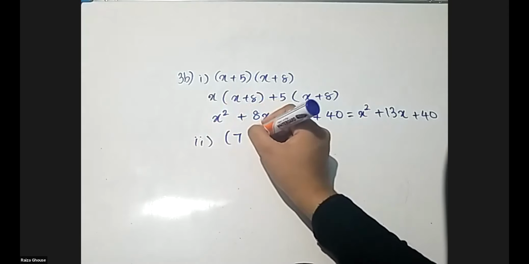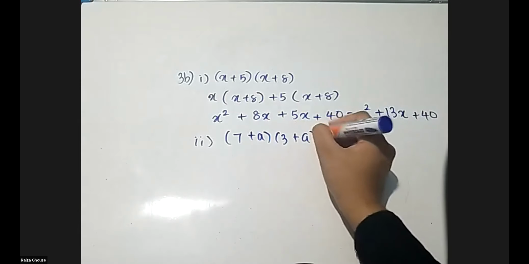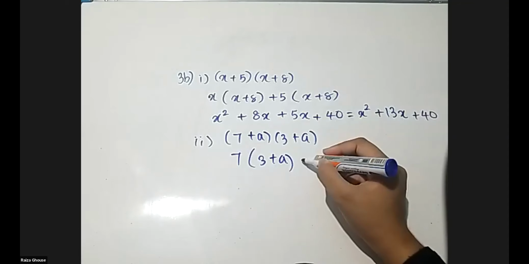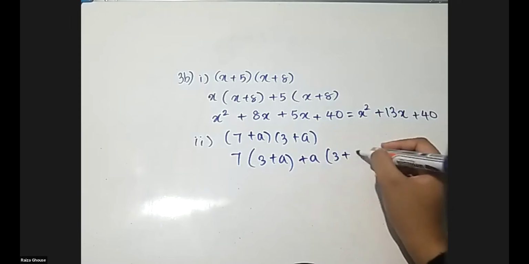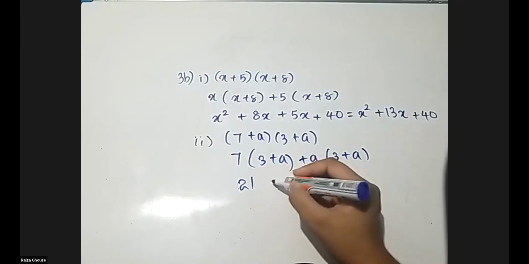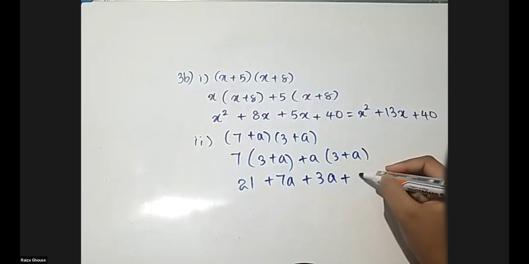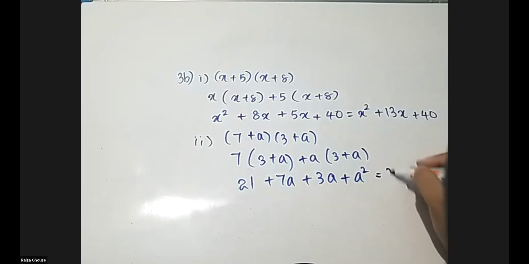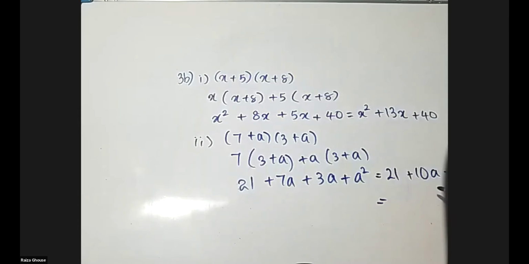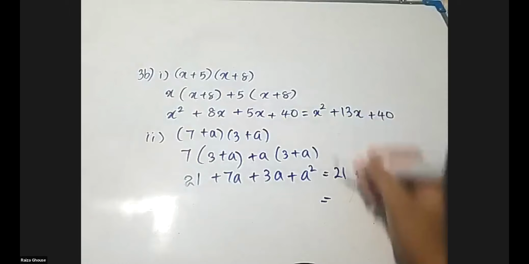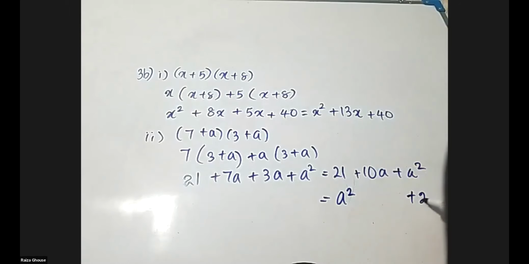Roman number 2, 7 plus a, 3 plus a, again the same, easy. First term of the first bracket, second bracket. Second term of the first bracket, second bracket. Multiply 7 times 3, 21. 7 times a is 7a, a into 3, 3a. A into a is a squared, like terms are there. Now see the order, it's not in the correct order, but it is better you write in the correct order. First is the square term, last is the number, middle is the term with the letter.